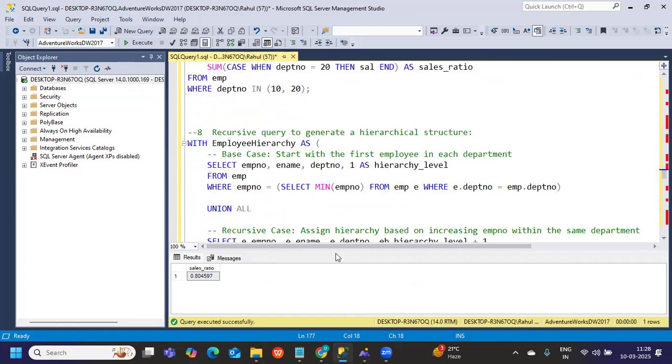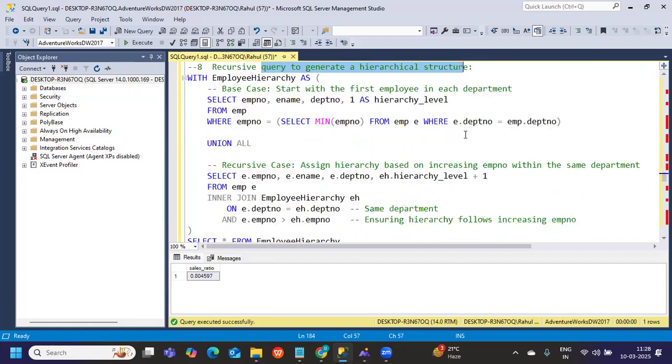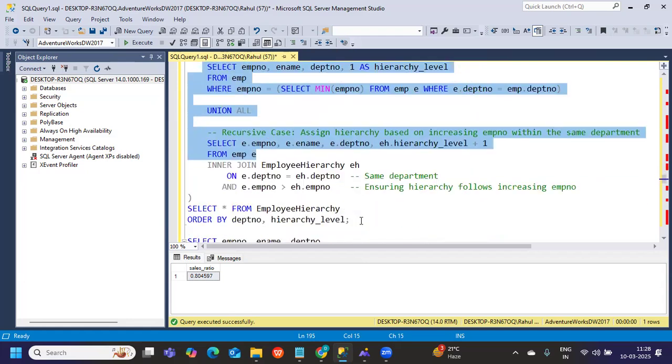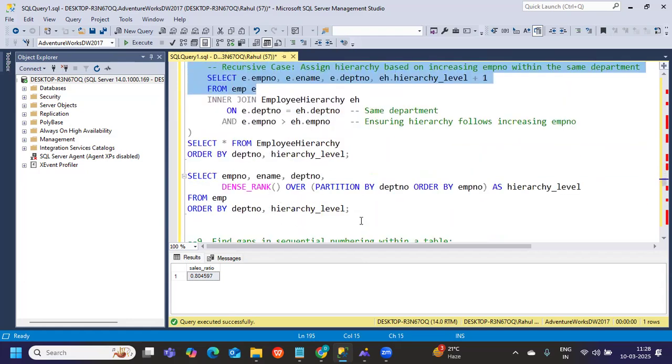Okay. And then again, a recursive query to generate a hierarchical structure. This is a little complex. So we can use this calculation to find out the hierarchy function. Next one is,